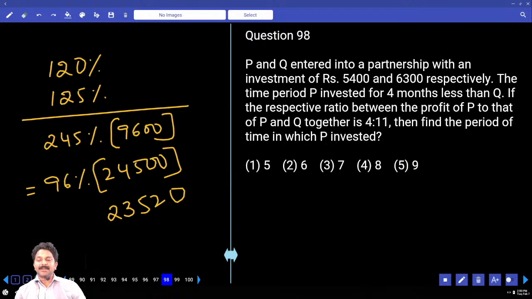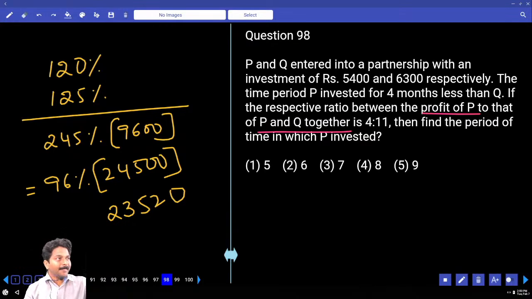P and Q entered into a partnership with investments of 5,400 and 6,300 respectively. The time period for which P invested is 4 months less than Q. You don't know Q's time period either, but P's time period is 4 months less than Q's. If the respective ratio between the profit of P to that of P and Q together, be careful here,